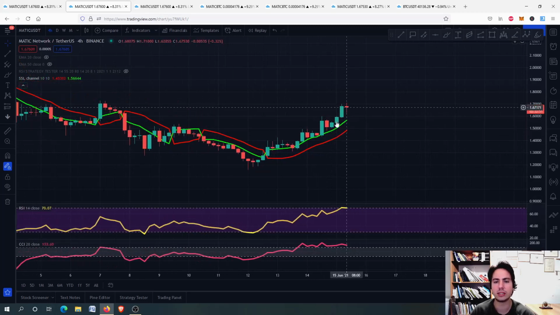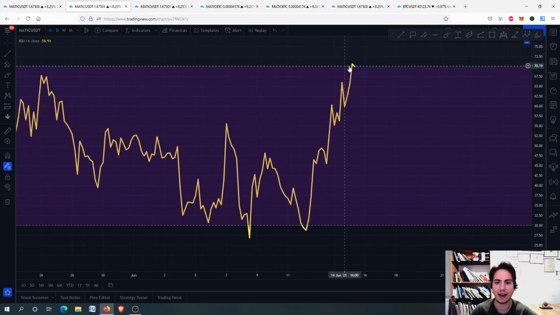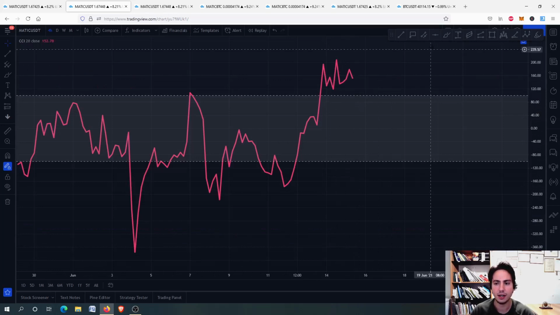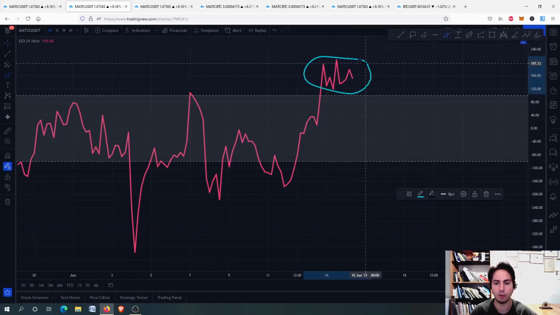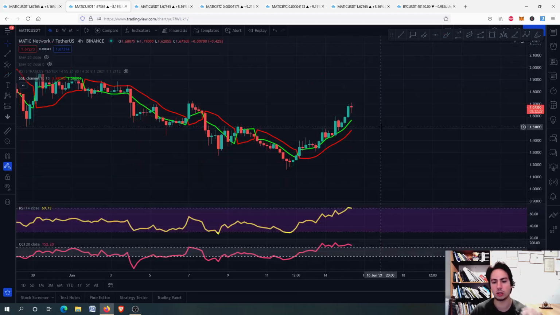So the buying opportunity that the SSL channel has, maybe we have, but not for the short term, right? We might correct here. Be careful as we approach the higher 70 pattern here for the RSI and the higher above 100 for the commodity channel index, above this gray zone right here. When we are overextended, we might correct for the short term for a little bit.